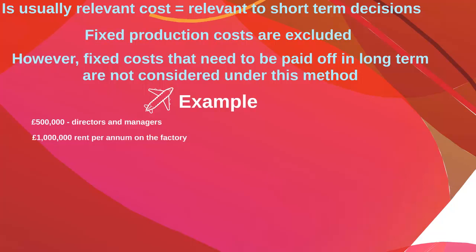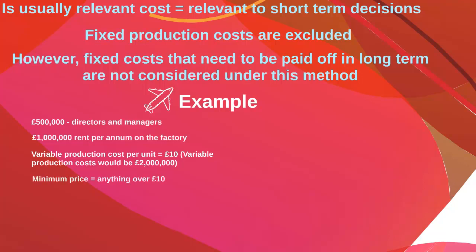They are not variable costs. But they do have a variable cost per unit, which is £10. And of course, if they're going to make 200,000 units, their total variable production costs will be £2 million. Which, of course, remember what we looked at when we look at minimum pricing, means that the minimum price they should be selling their toy planes for is £10. So,